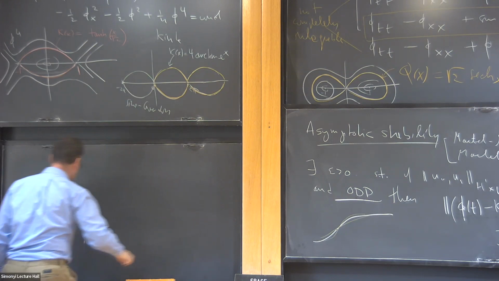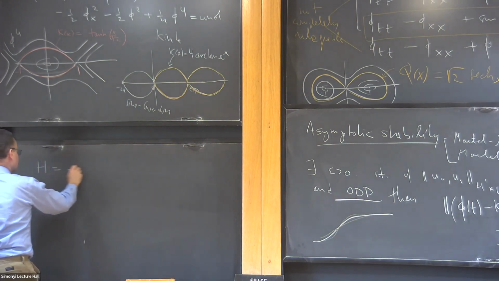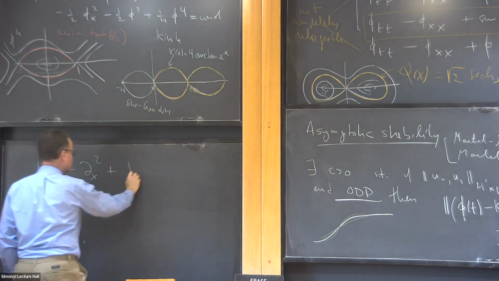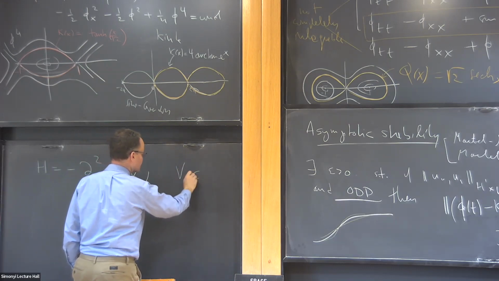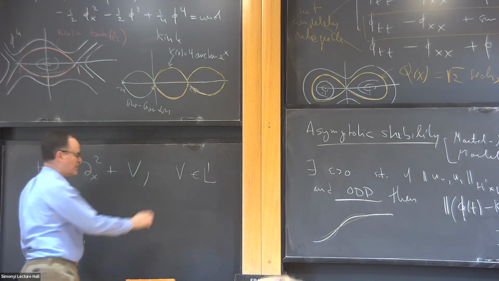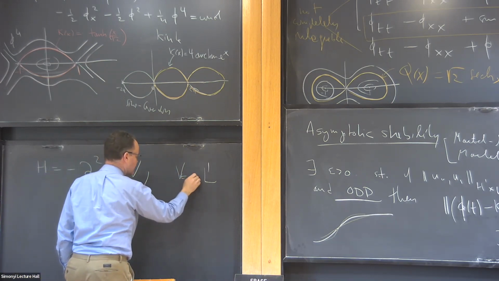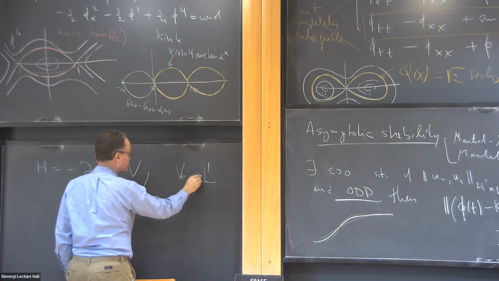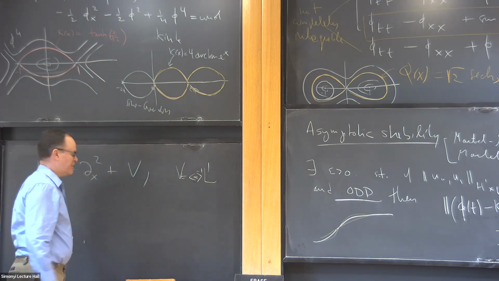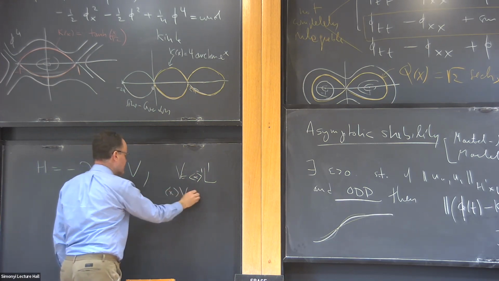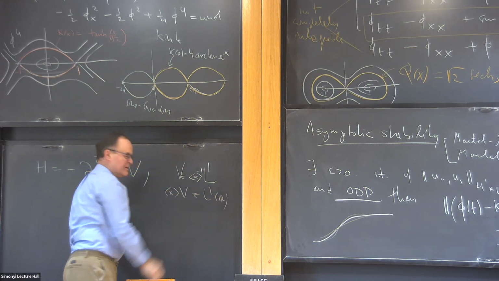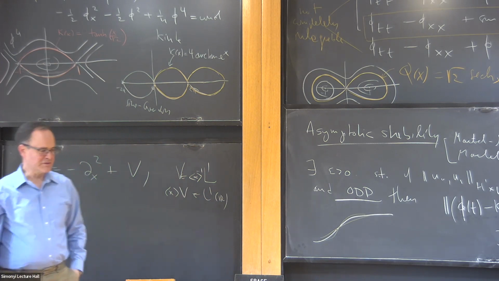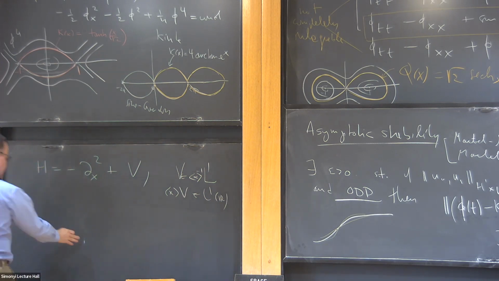If you have a completely general Schrödinger operator on the line with a potential, and just assume that the potential is nice, I could say a Schwartz function, but actually everything I say remains true. I need x V to be in L1 on the line. Or you just pretend it's a Schwartz function, which is good enough for us. Then you look at these solutions,